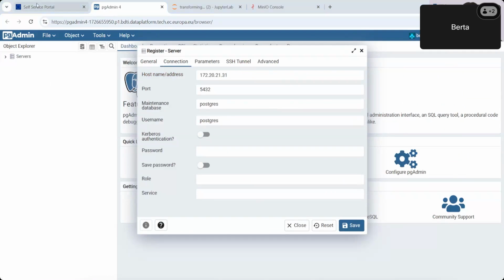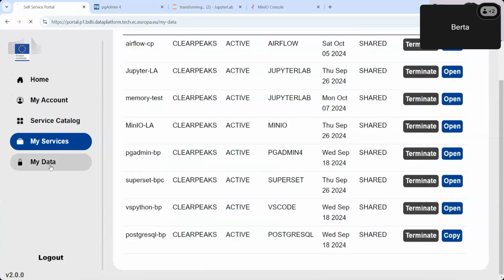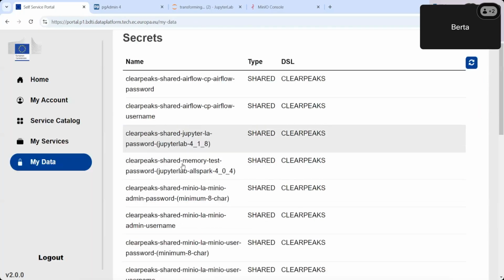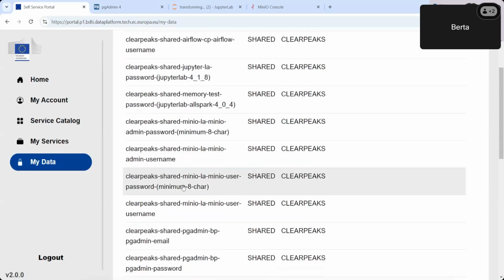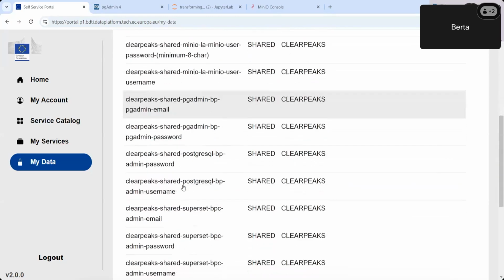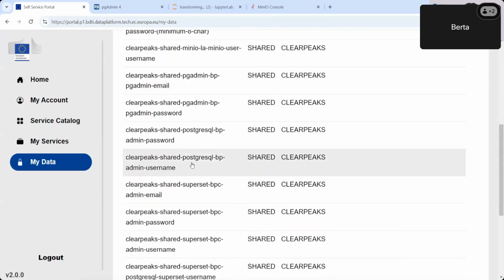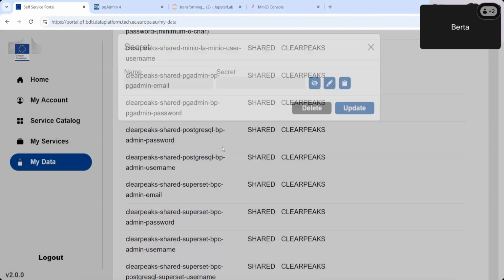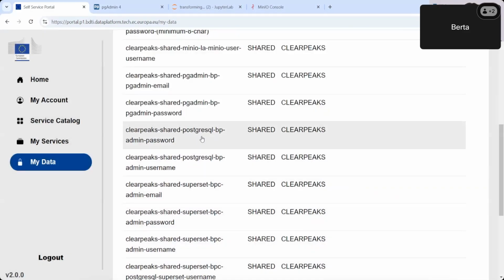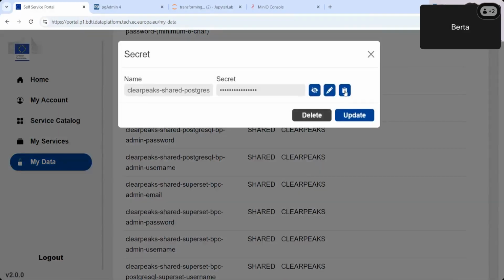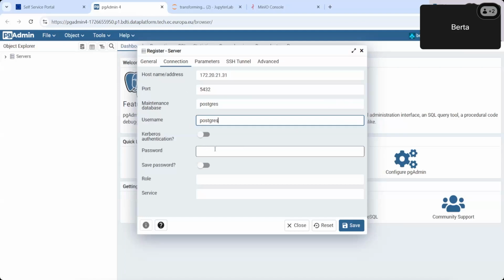We can find out the username from my data secrets. So let's look for PostgreSQL. The username is Postgres. And the password, we'll copy this one. Now, if we save, we should be able to see the connection.